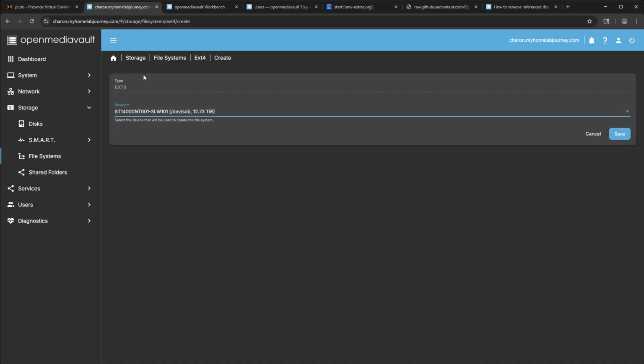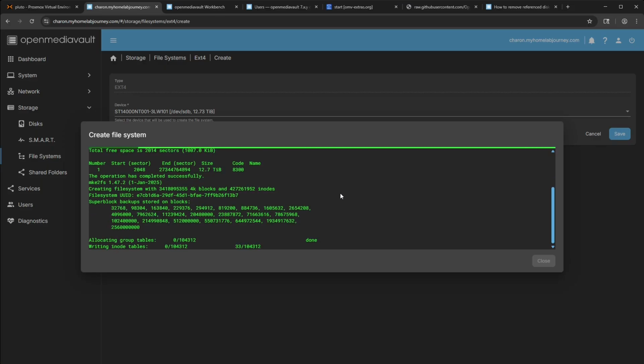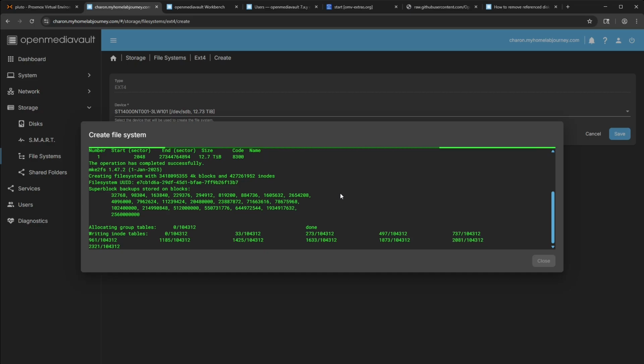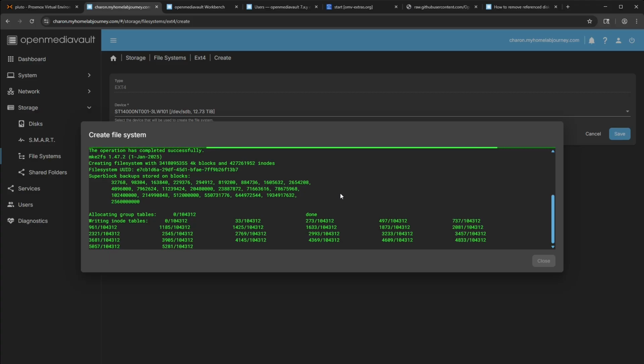So what I'm going to do is the first drive, devsdb, I'm going to use it as a regular drive where the daily data lives, like all the files that I am storing in my NAS, all the files that my services are storing in the NAS, for example, images and etc., right? And then the second drive, I'm going to treat it as a backup. And I will use, at the moment, I think I will use rsync to take backups of my data and store it in the secondary drive. And then I also have 1